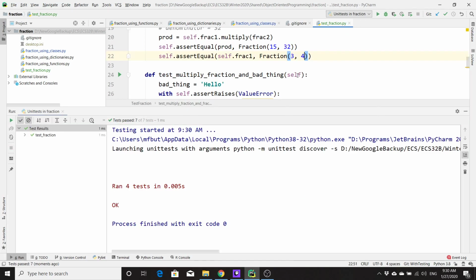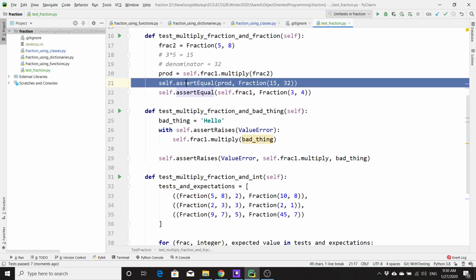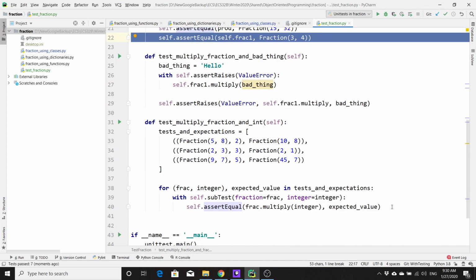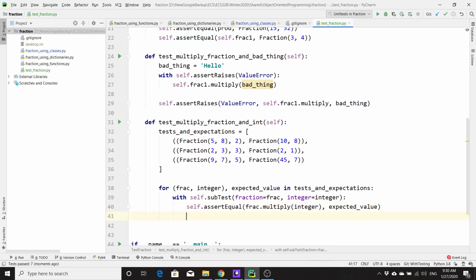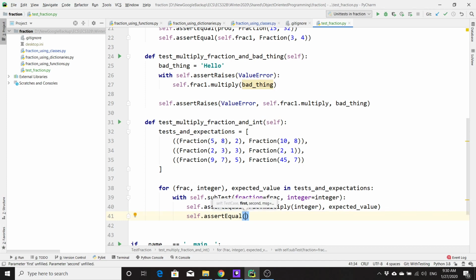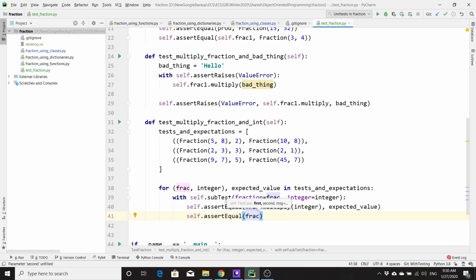Because if we had made that mistake and accidentally modified our fraction, the test case without this would not have caught this problem. So that's really something to watch for. Or down here, after we multiply, the values match, but again, it's still assertEqual that fraction, which is kind of bad here. What we might want to do is